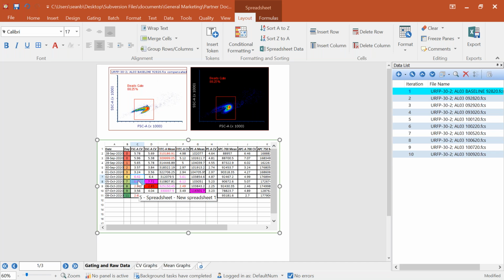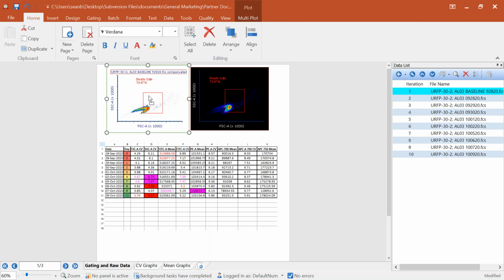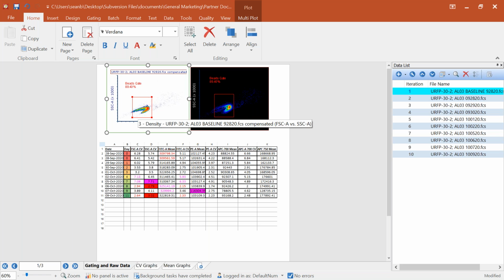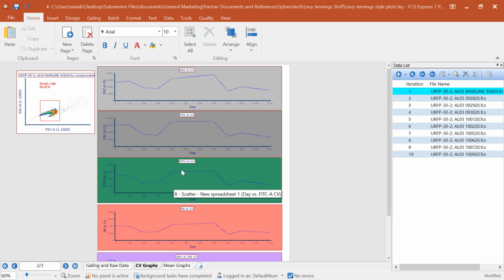Anything with pink text is above 1 standard deviation. Anything in red is below 1 standard deviation. And we just highlighted this slightly differently by highlighting the background of these cells. What you're going to find is that as gates move, as data changes, that conditional formatting will update. What that's going to do for you is give you some really nice quality control at a glance in this table. So instead of having to go back to my CV graphs and see that, obviously, between these few days something happened,